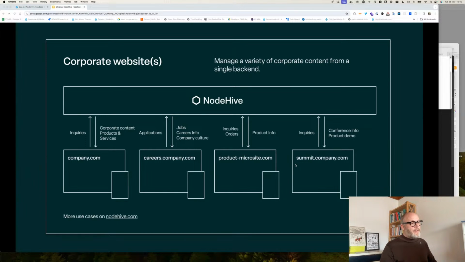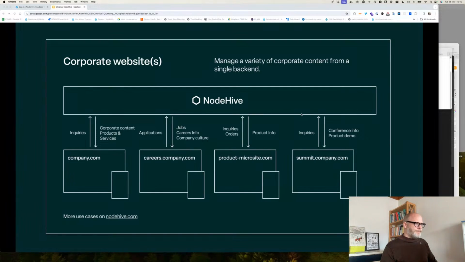Maybe you have a yearly event and you also need an event website for that. Also, you want to show conference info, product info, again maybe similar content from the products, all run from one backend. So you see a little bit the power of where we want to go with NodeHive and what NodeHive can provide